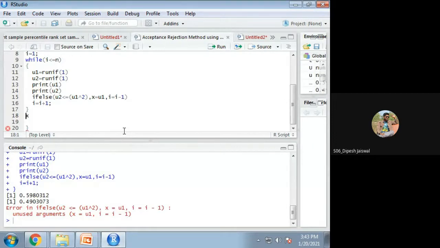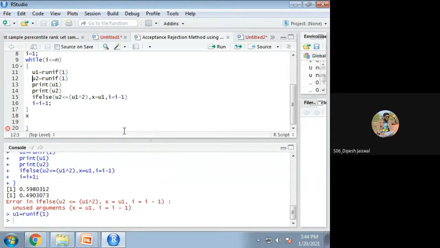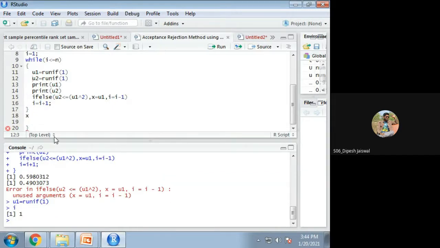it has given errors. Why errors? Unusual argument. So that means it is not working. Is it? So what we do, we can verify manually. Here i equals, what is i, we have 1.